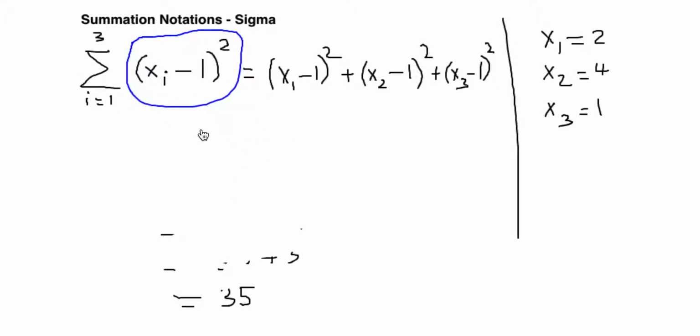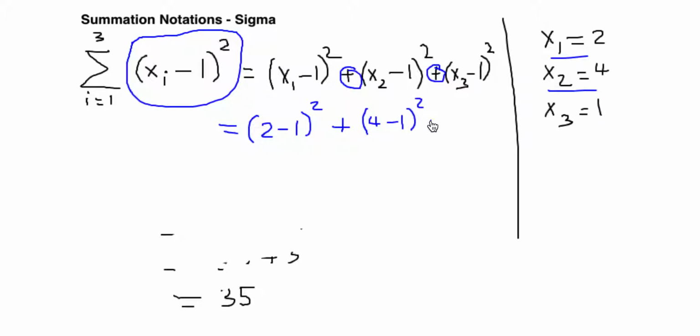So if we continue now with this, this will be equal to, well, x1 from this example is 2. So we have 2 minus 1 squared, plus. Even though sigma is good for summation, which is what these sums are coming from because of the sigma notation, inside the term there's subtraction and a square. And then the second term is 4, x sub 2 is 4 right here, and then minus 1 squared. And the last term is